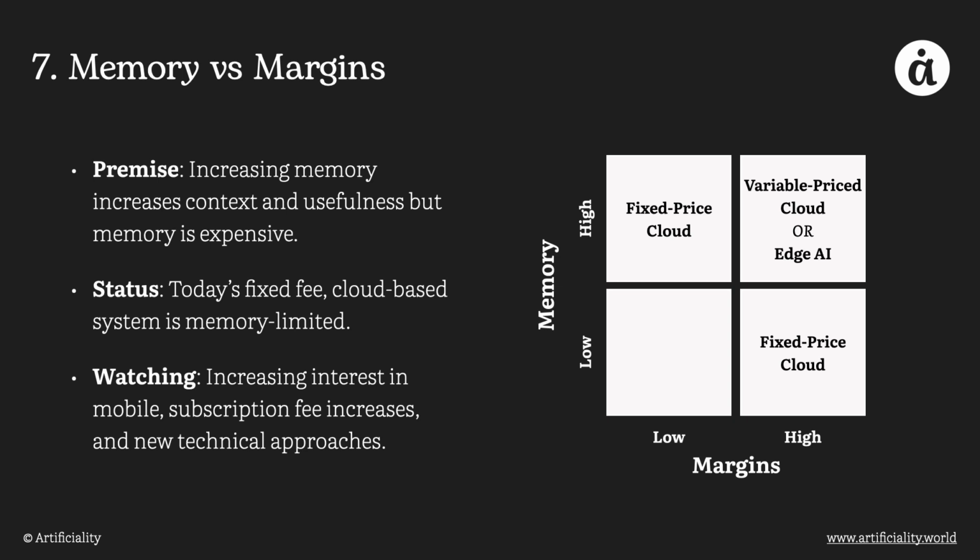So we're watching for what the different options are in terms of the trade-off, in terms of the economics and the way that the pricing works, what that unit economics is essentially, to be able to increase the overall context window. In this little illustration 2x2, you can see that the fixed price cloud that we live in today works in two different worlds: when there's a lot of memory, but the margin is low, or when there's a low amount of memory and high margins. That bottom right is a little bit where we're working now,